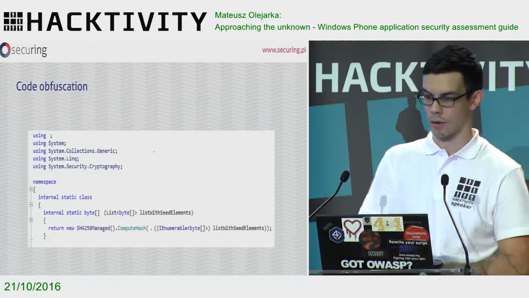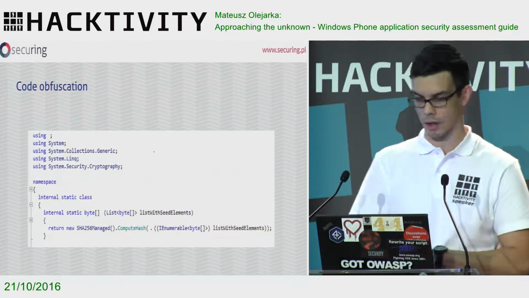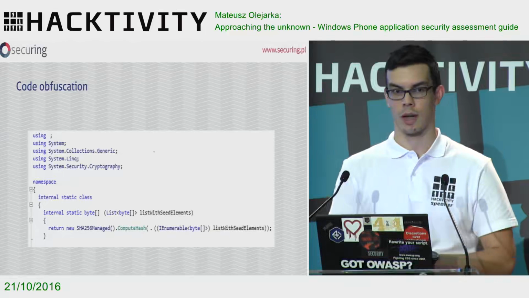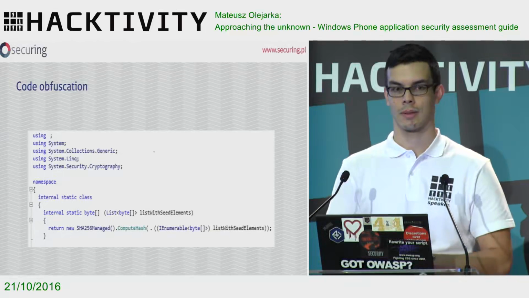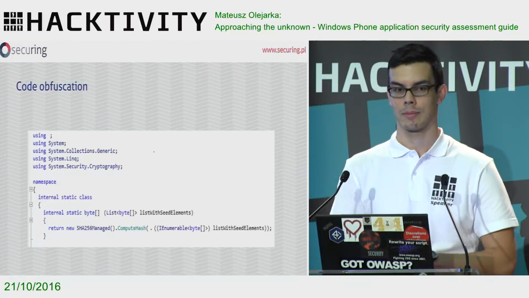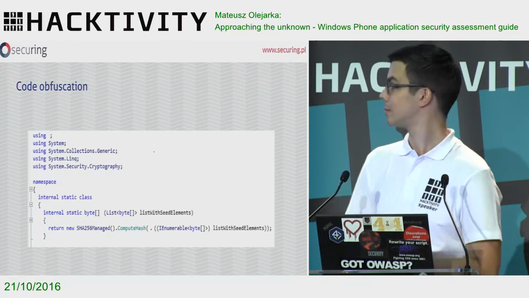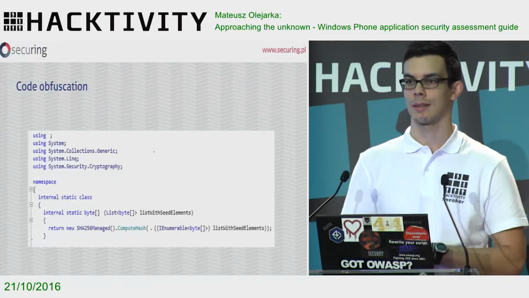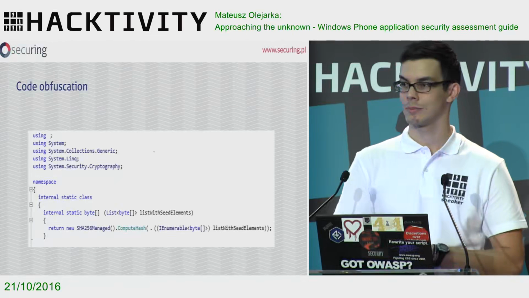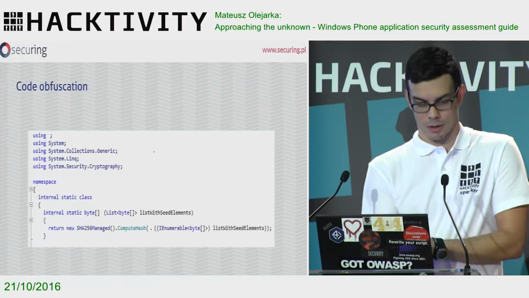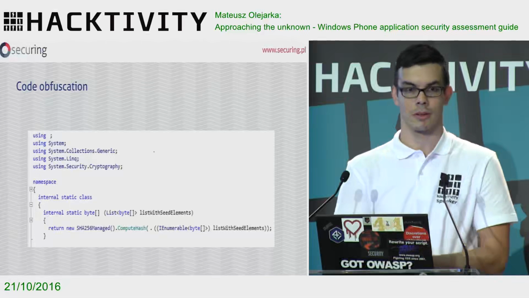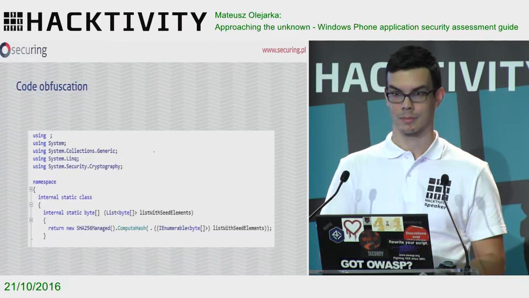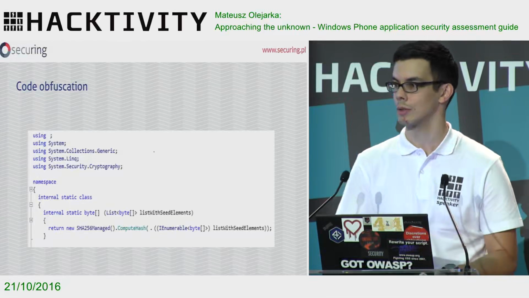Code obfuscation. I've seen it once in a Polish application. What can you tell me when you look at the screen right now? Will it compile? Does it work? The first time I saw it, I was stumbled. What's going on here? Any guesses about the explanation?